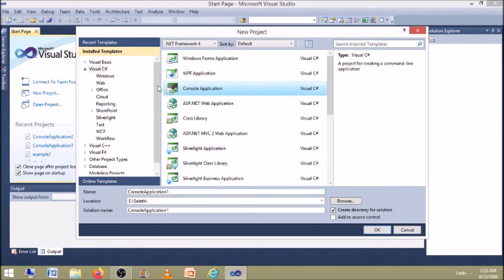Once you have selected these two, you have to concentrate on these three parts. This is the name of the application, and this is the solution name, and this is the location where the application should be saved. Okay, and now let us change them one by one. First, we can change the name of the application as Example 1. So both the names will be the same. And next we can change the location. So I have changed it already. Now you just click on OK.